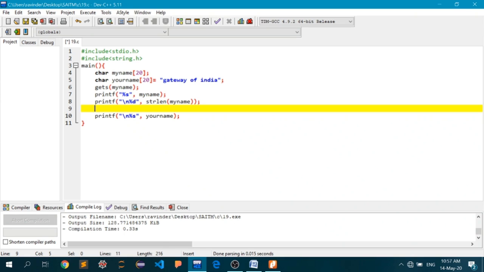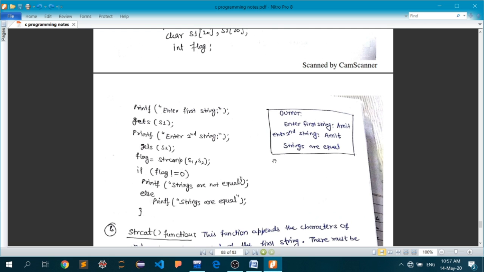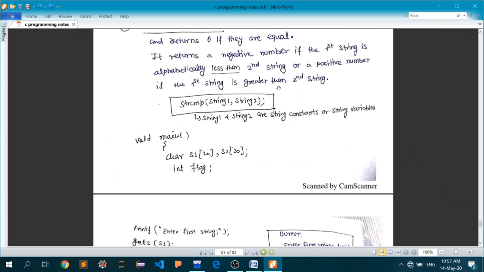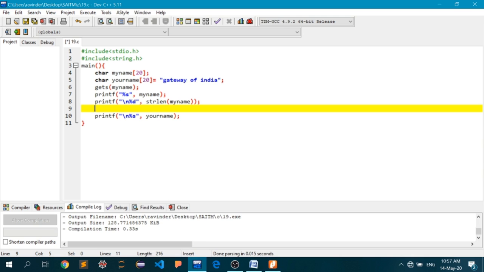So let me tell you how to use it. You can print something by using the return value of the string comparison function. Let me again remind you that string comparison function is going to return you an integer value that is either equal to 0 or a negative value or positive value. So you can use that. So I'm going to put it inside an if condition. So if, one more bracket, if